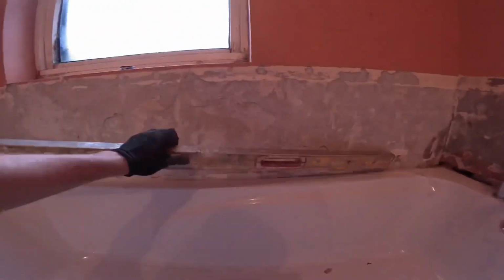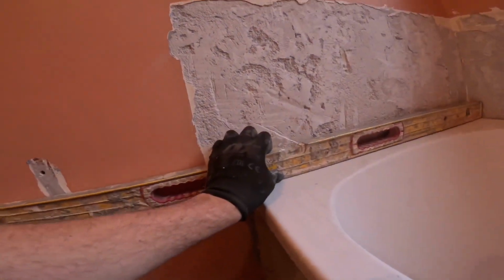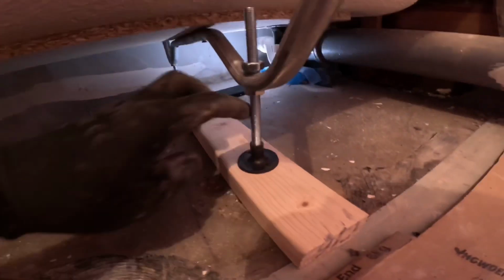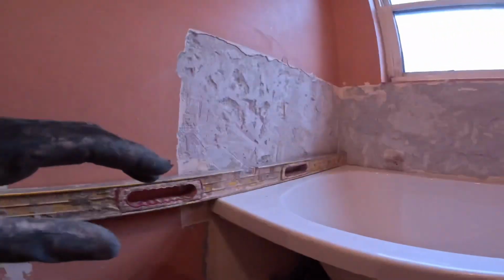Just going around, getting the bath level. Just double checking, make sure it's all level, get it all dry, run fully. And then I'm going to take it out, I'm going to stick these timbers to the floor, and then these will be screwed into the timbers. Yeah, then I'll connect all that up, and then I'll CT1 the bath